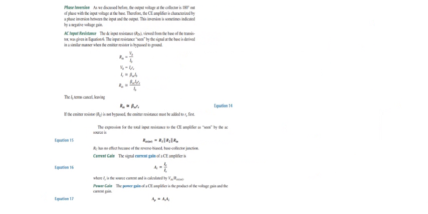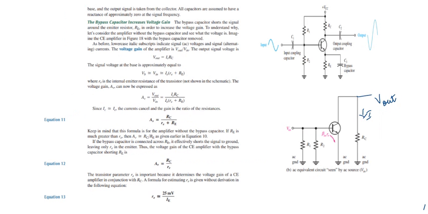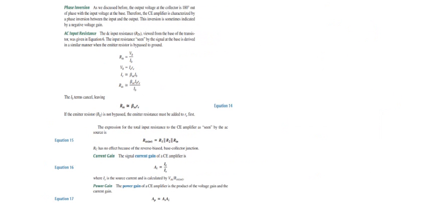Okay. Then what about the phase inversion? We know base current is coming this way, right? Collector current is also coming inside, right? So if you look at the output waveform, the output is also inverted. So they are in phase inversion. Base and collector current are in phase inversion. So there will be a 180-degree phase shift in common emitter configuration.